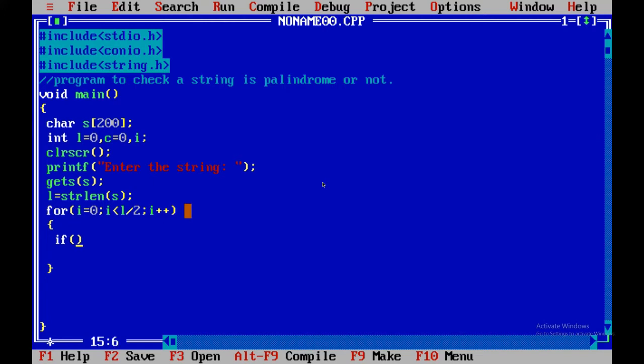Now we are using an if statement. So what is the condition that we are going to use in our string for checking whether it is a palindrome or not?